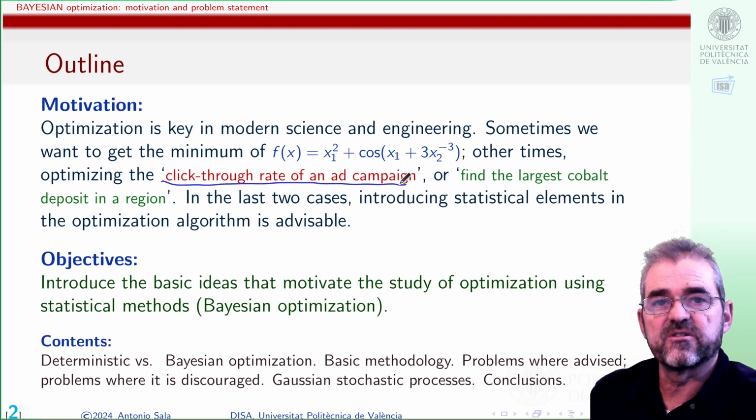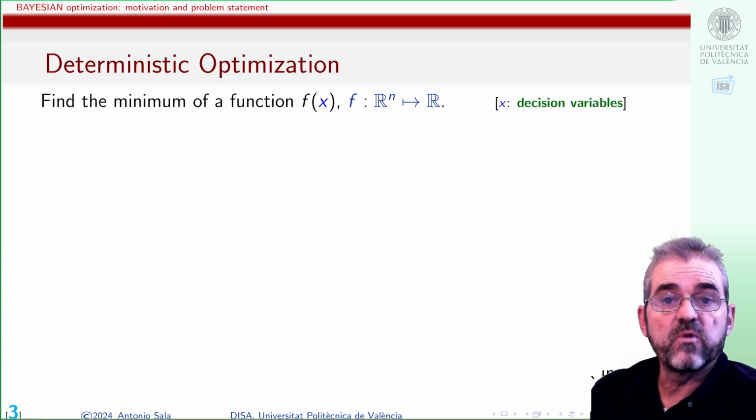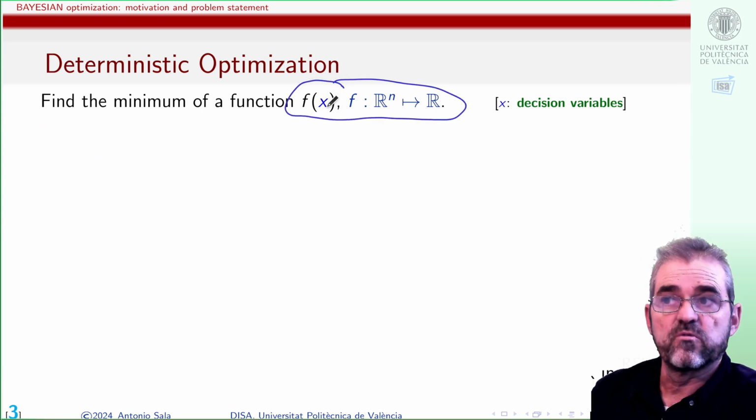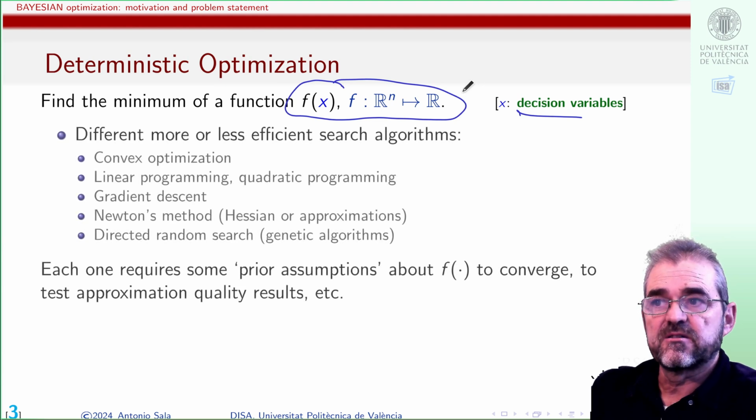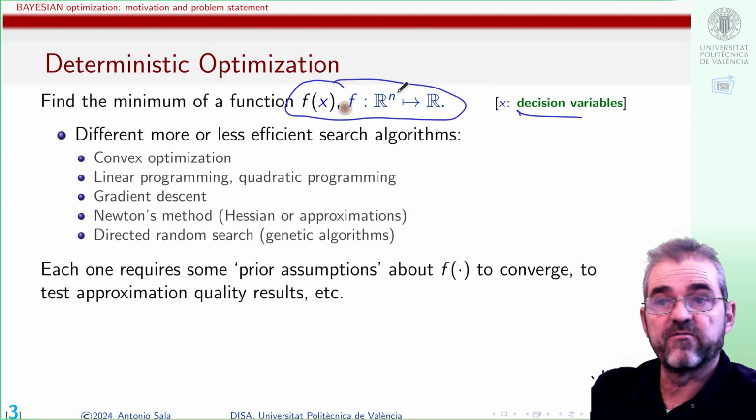Nevertheless, usually that name, Bayesian optimization, is reserved for a particular way of doing things that we'll comment upon in sequel videos. Let us first review what deterministic optimization does and how it may be different to statistical optimization. Basically, all problems have a function whose arguments are usually called decision variables, and I wish to obtain its, say, minimum value. So depending on some assumptions I may make on the function f, we have some specialized optimization techniques, such as convex optimization if f is convex, linear programming if f is linear, quadratic programming if f is quadratic,